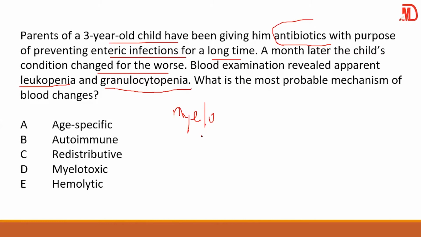This is where there's a decrease in the production of cells responsible for providing immunity, that is leukocytes, erythrocytes, and even the clotting factors. When all of these things are under attack,